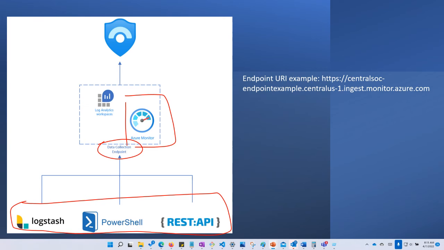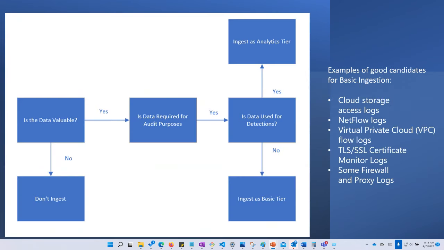So in my next slide, I have a simple decision tree flow chart to help you understand how to best design your workspace with these two log data plans, that is, the analytics log plan and the basic logs plan. The first decision starts from: is the data which you are trying to ingest into the Log Analytics workspace